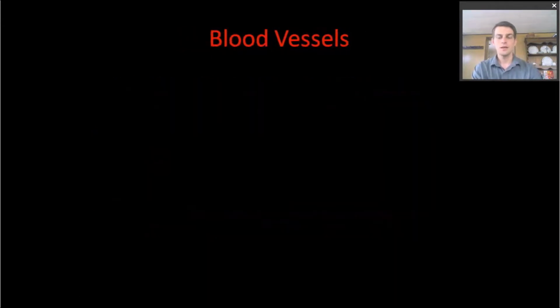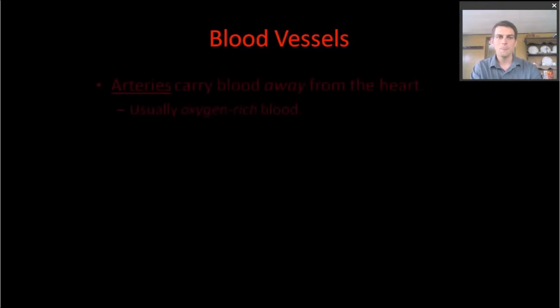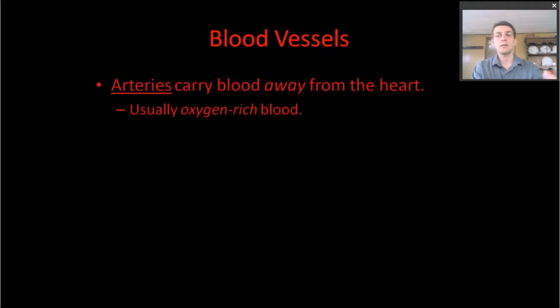Alright, so blood vessels. We have lots of blood vessels in us. There are these little tubes that carry blood. They're little pipes, and they can get very, very little, in fact. We have two different kinds of blood vessels that you will hear about. You will hear about arteries, and you'll hear about veins. The difference between an artery and a vein is that arteries carry blood away from the heart, and they're usually